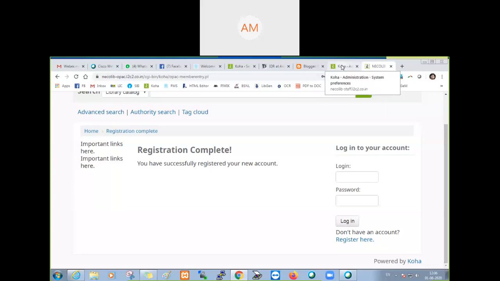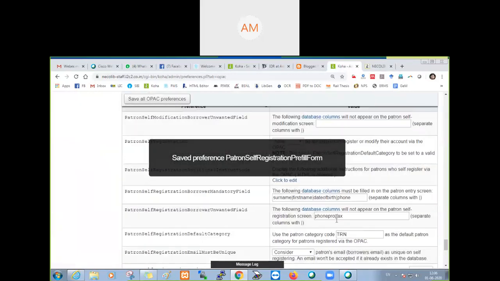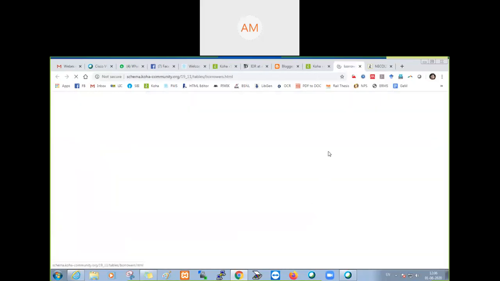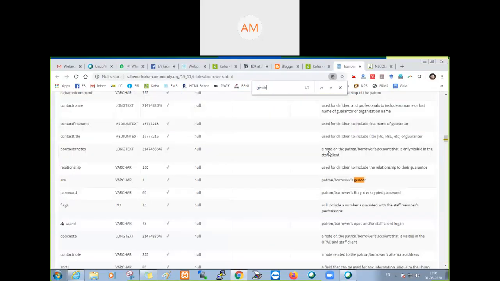What is the gender code to make it a mandatory field? So Priyapal, you just go here and see what it is called. It's sex, SEX. It is the code for gender. You have to check here. This is the code and this is the output. You have to copy this code.